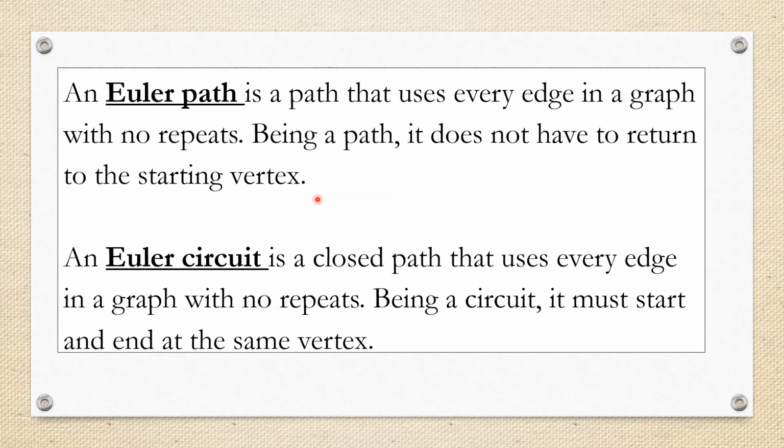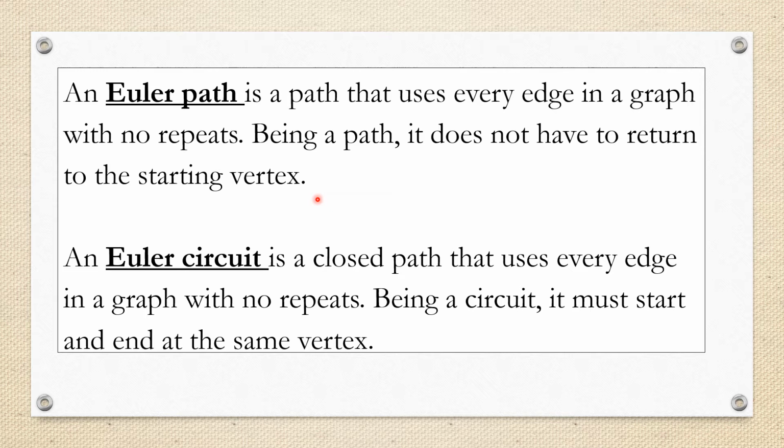Euler path meaning gagamitin natin lahat ng edges na nasa graph. Gagamitin natin ang mga edges na nasa graph ng isang beses lang. Isang beses lamang. But since it is an Euler path, it means that we don't have to go back to